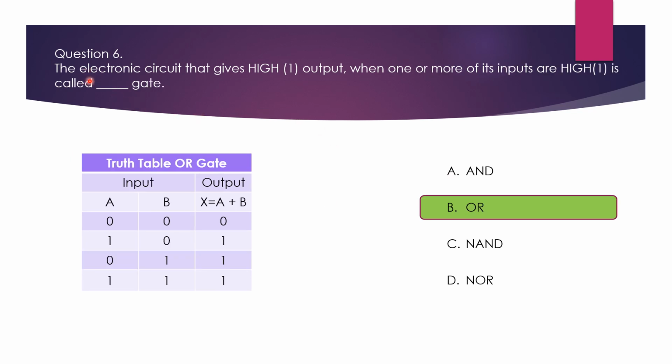Question 6. The electronic circuit that gives high output when one or more of its inputs are high is called dash gate. Now the truth table for the OR gate is given here. If either of the inputs is high, for example A is high here, the output is high. Here B is high and A is 0, the output is high. Both the inputs are high, again the output is high. So the electronic circuit that gives a high output when one or more of its inputs are high is the OR gate. So the correct option here is